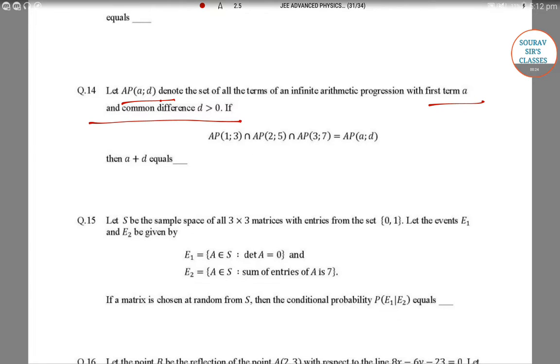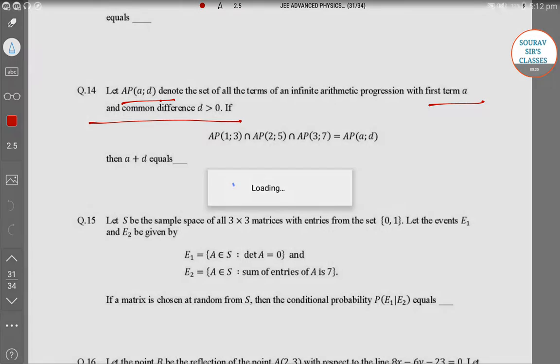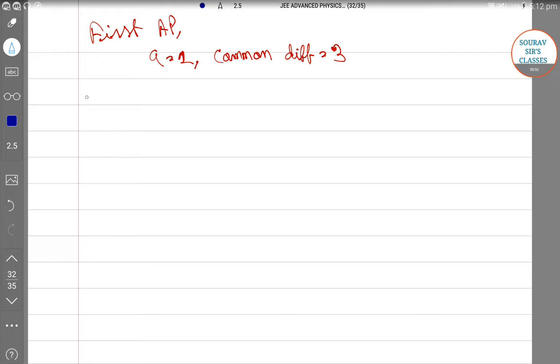So we can write for the first AP, A equals 1 and the common difference is 3, as it is AP of 1 and 3. So the first term is 1 and the common difference is 3. And for the second AP